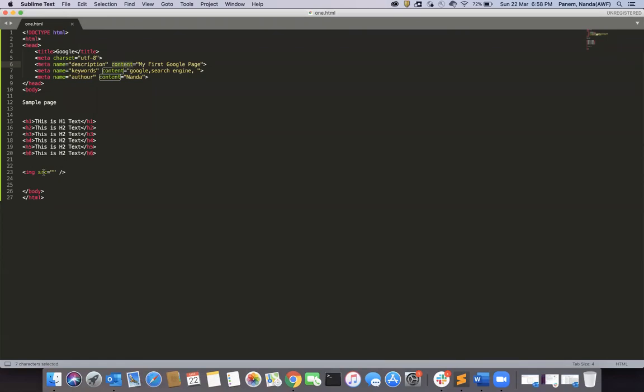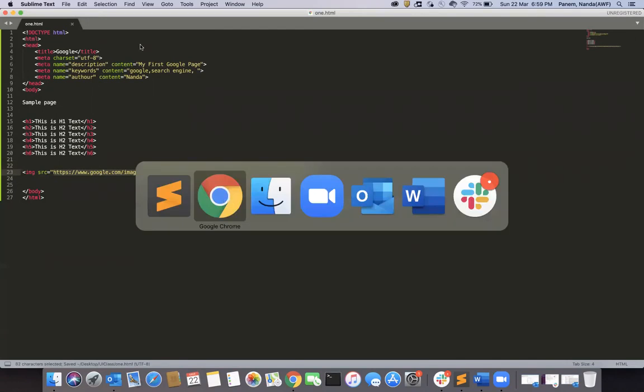Okay, so now I have an image. I need to get an image and display it on the browser. So I have copied that image from google.com. I'm providing the path. So SRC means the path. I'm going to display some image from some source. What is the source? I'm taking it from google.com itself. If I execute my output page,